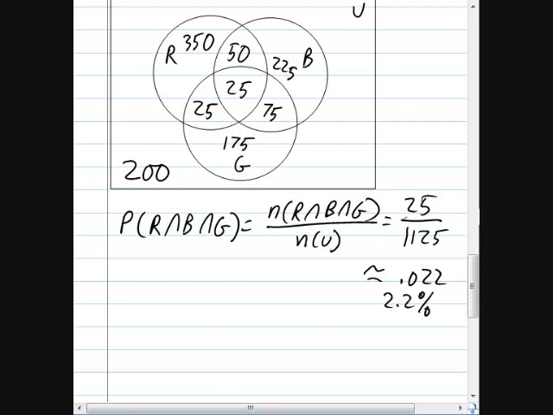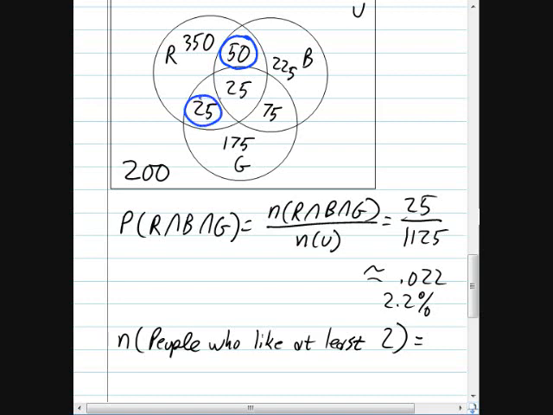We could be asked for the number of people who liked at least 2. Now, you can represent sets using words. Number of people who like at least 2. And to find this, well, first of all, we have to ask ourselves which people like at least 2 in the diagram. These people like both red and blue, that's at least 2. Red and green, that's at least 2. Blue and green only, that's at least 2. And finally, all 3, that's at least 2. So we want to add up all of these numbers, which gives us a total of 175